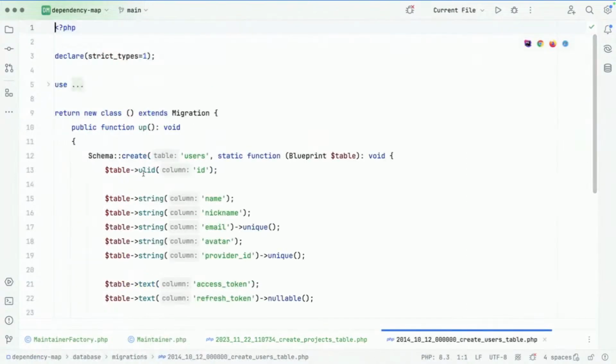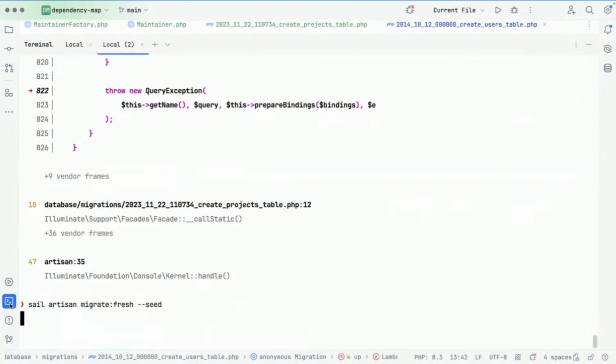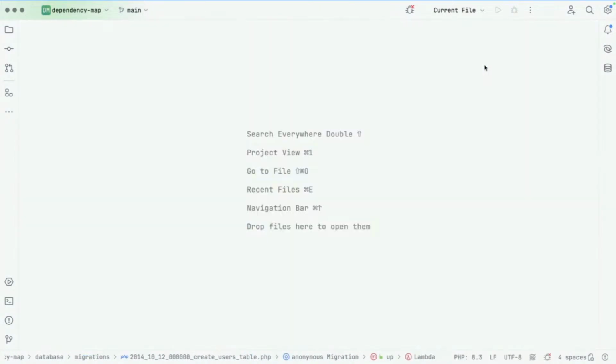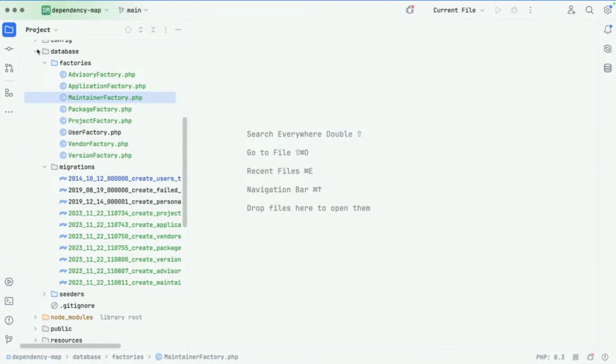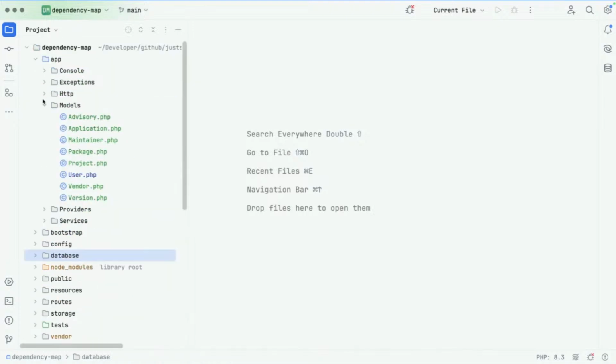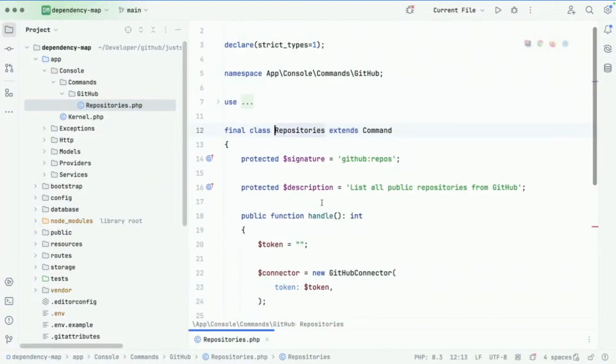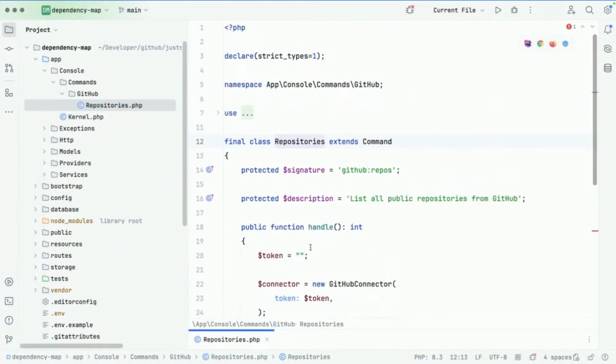Create users table, ULID, primary. Try it again. There we go. So let's close all these. And there we go. What we have now is the database roughly set up how we need it. And I've got a couple of commands ready. So we've got a GitHub repositories one, so I can list all of them once I've got an